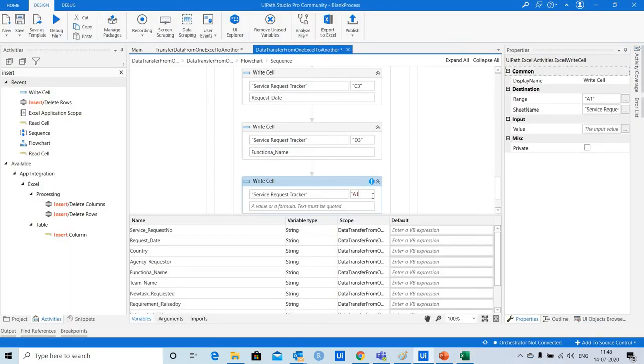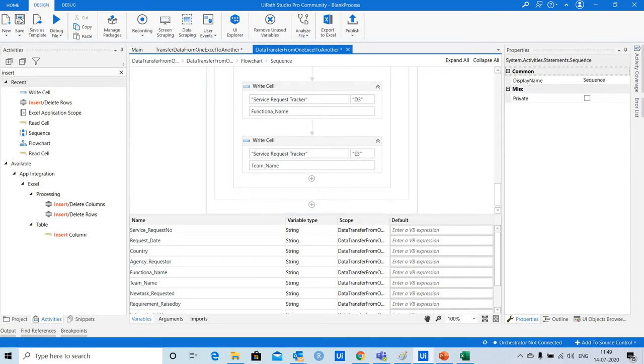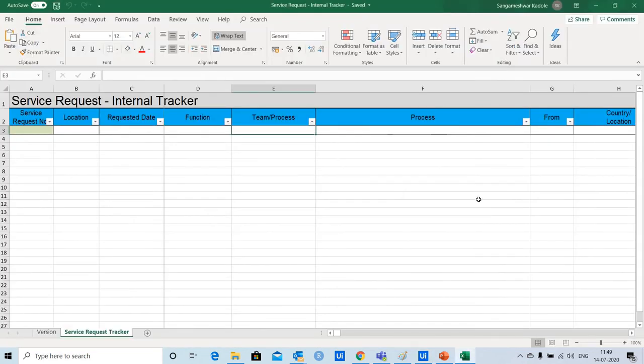So I'll change it here as E3 and use the variable stored in the previous read cell activity. The variable name here is team name. So I'll use team name. I'll just save this bot and then go back.